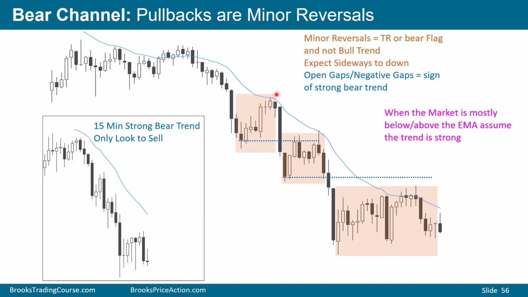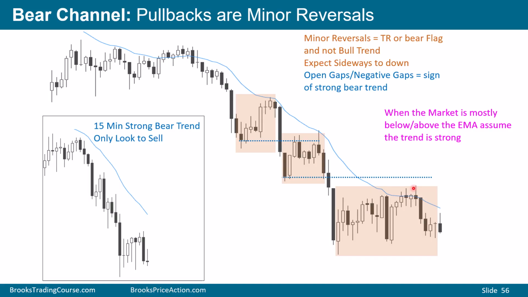Why would they sell after 2 or 3 legs up? Because they understand that on a 15-minute chart, this sell-off right here, which are these bars here, is just a 1-bar sell climax, and the odds are high it'll get a second leg. All of these boxes are minor reversals here and here, and even right here.